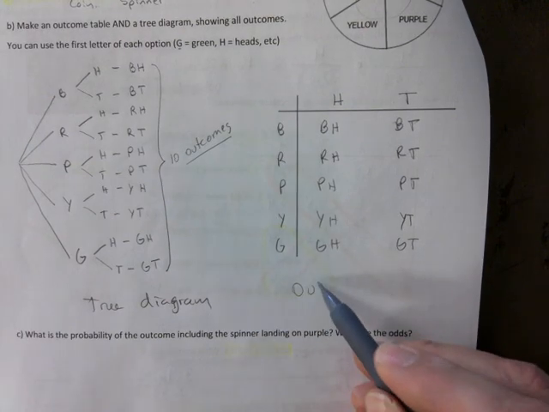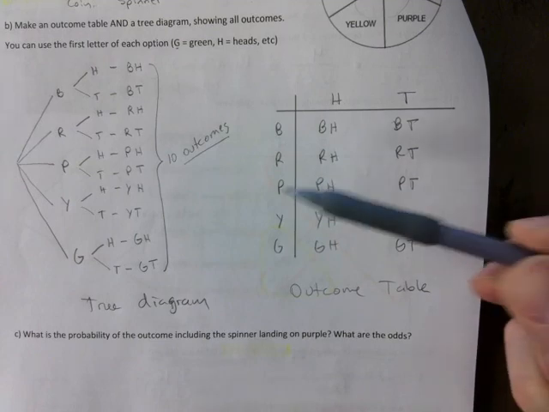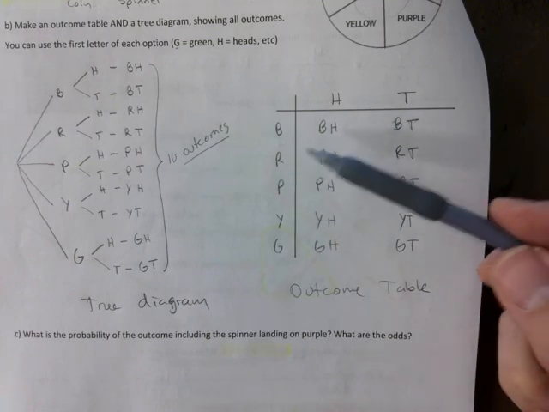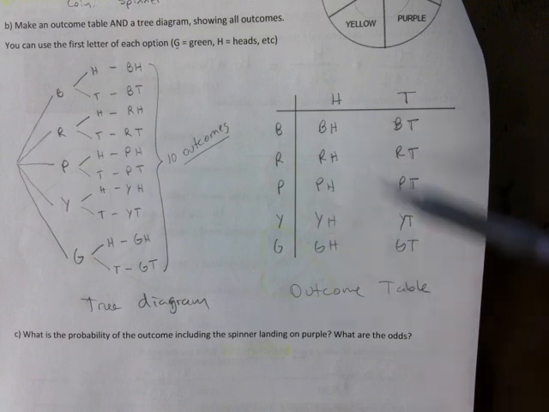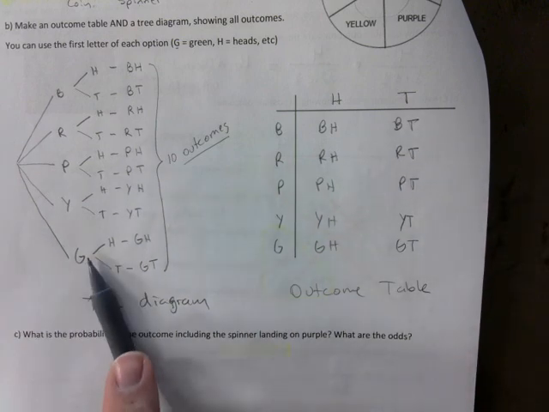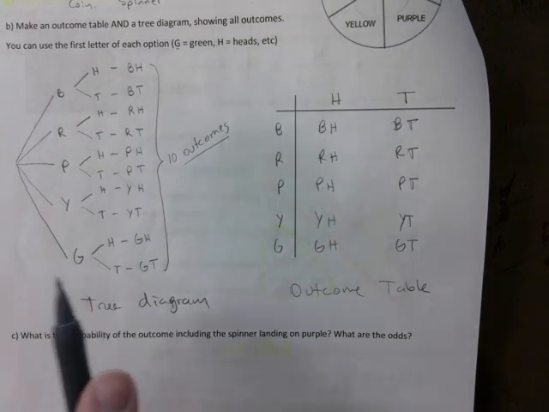And this is your outcome table. When there are only 2 events, 2 things happening, I prefer an outcome table. If there are more than 2 events, you would have to stick with a tree diagram, because it's just right. You would have a